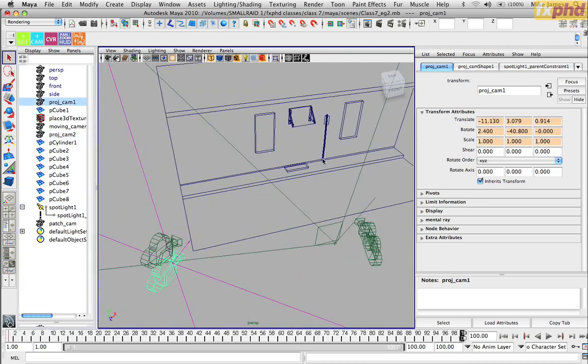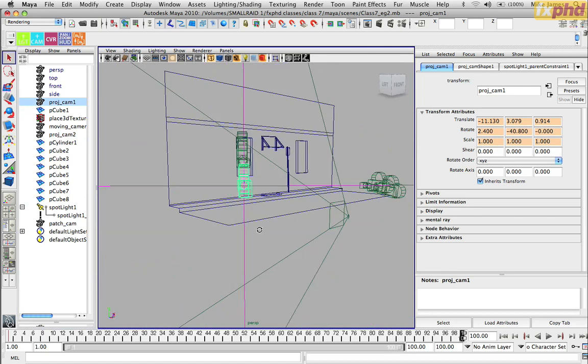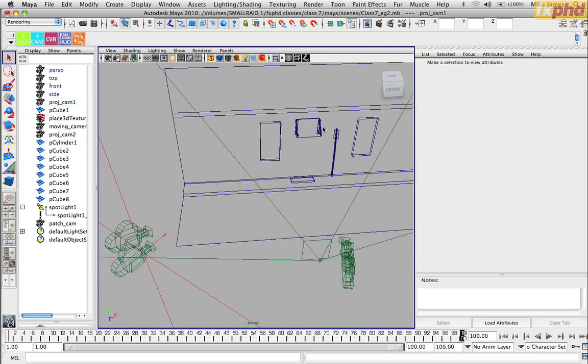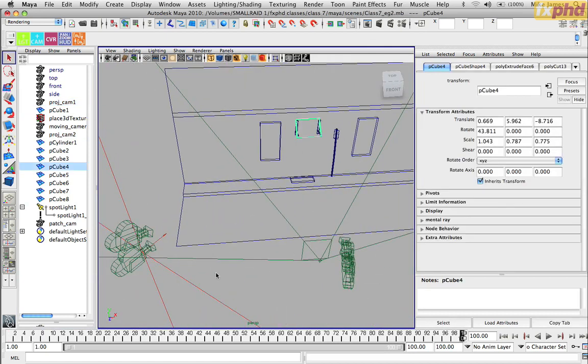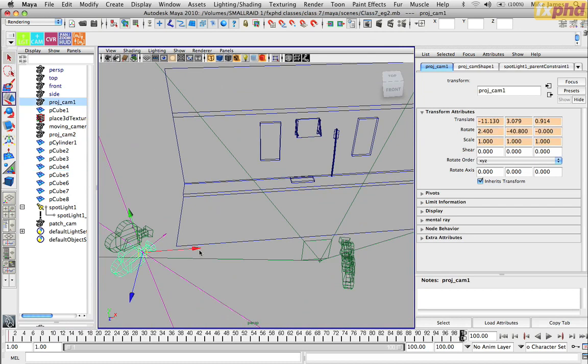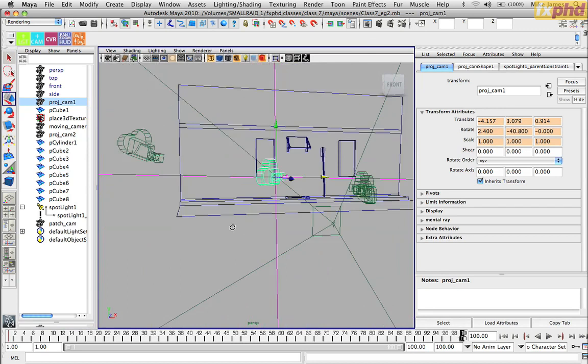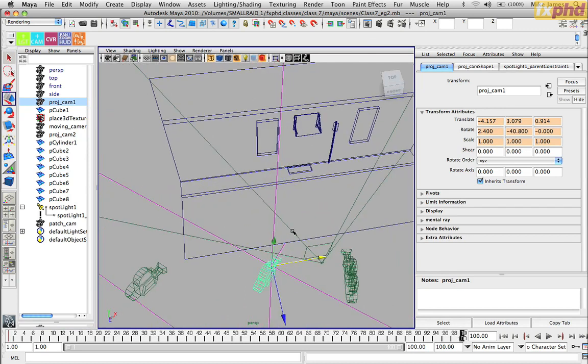Proj cam 1. Yeah, initial proj cam is there. So, for this thing here, it might be more ideal to have that around here. And that's really what projection's about, finding I guess a place that it works for both sections,